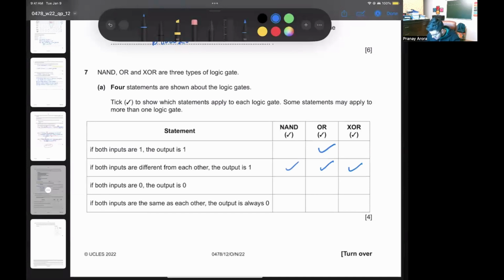When both inputs are 0, the output is also 0. This is not true for NAND because it is the opposite of AND. So that's why it is not true for NAND, it is true for OR and XOR. If both inputs are the same as each other, the output is always 0. So if both of the inputs are the same, the output is always 0. So right, so this is with